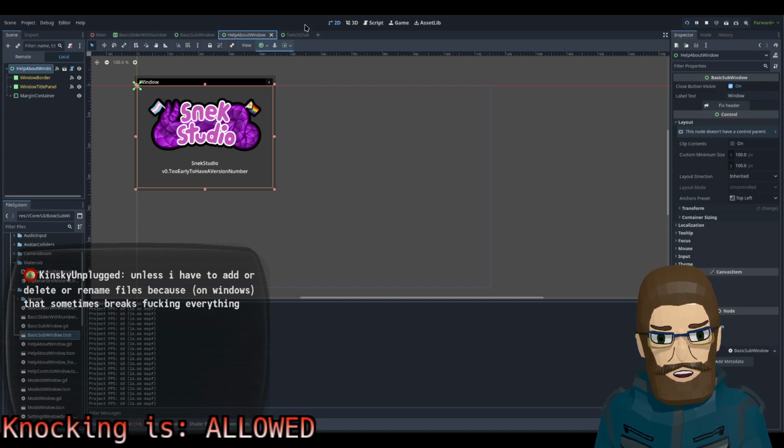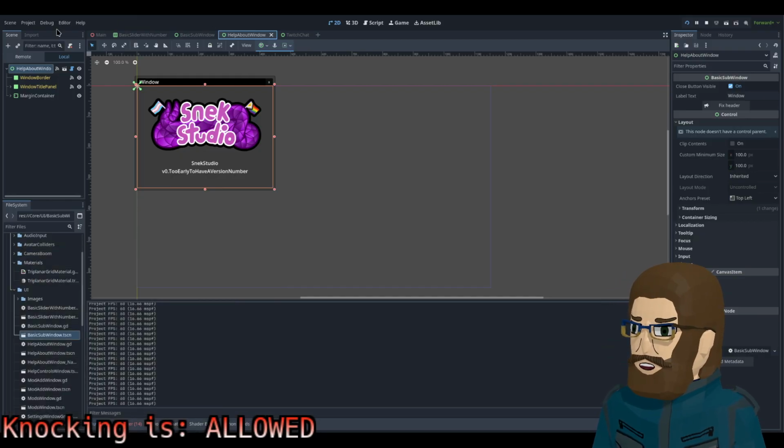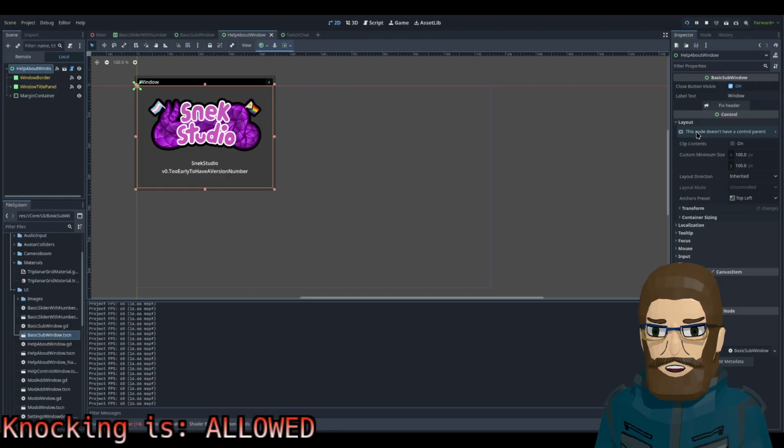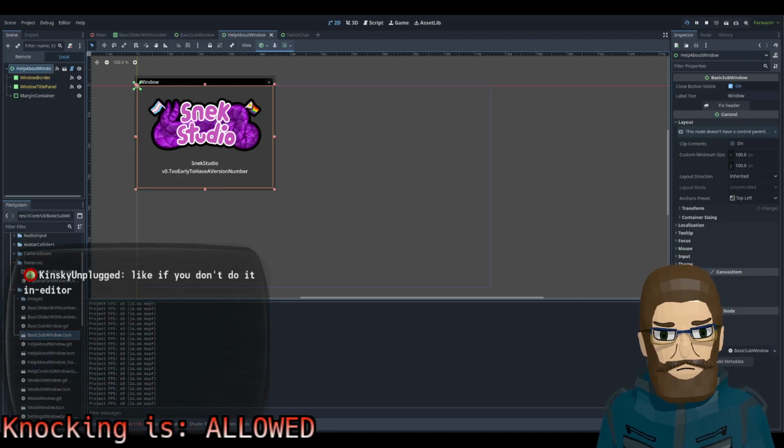Unless I have to add, delete, rename files on Windows. That sometimes breaks everything. I'm rereading chat. Make an inherited scene, like you don't do it in editor.